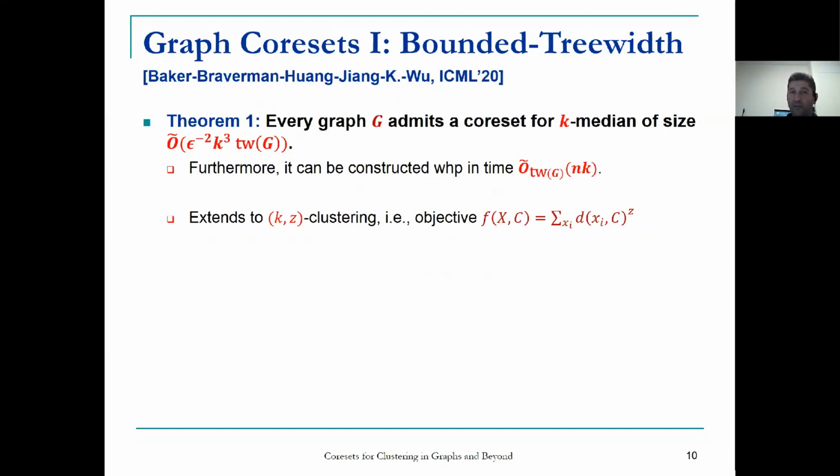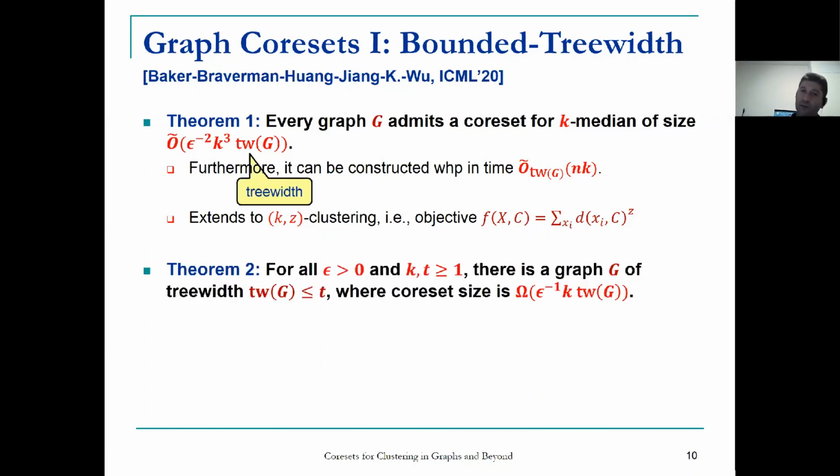So moreover, you can construct it quickly, almost O(nk) time, so the number of points times k. It's close to linear. It extends to more sophisticated versions of the problem. And we also show another theorem, which is actually a lower bound. So if you're given parameters epsilon and k, and t stands for the tree width, then actually there is a